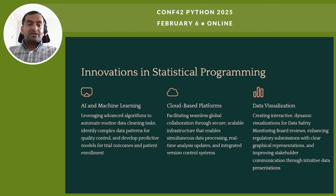AI and machine learning have revolutionized trials by automating the data cleaning process, reducing manual errors, and using predictive models to optimize outcomes, like forecasting patient enrollment and identifying patient dropouts. Cloud-based platforms enable seamless global collaboration with secure, scalable infrastructure supporting real-time data processing and integrated version control systems